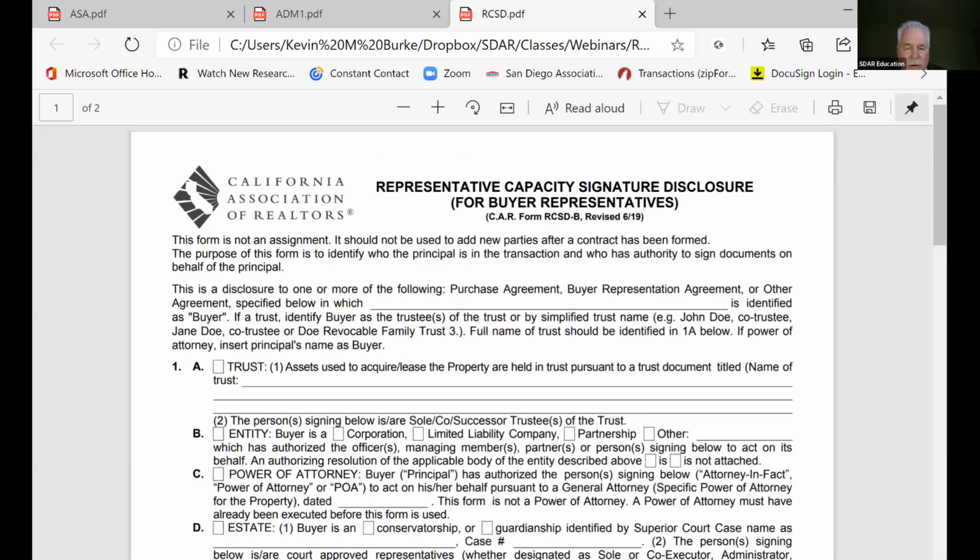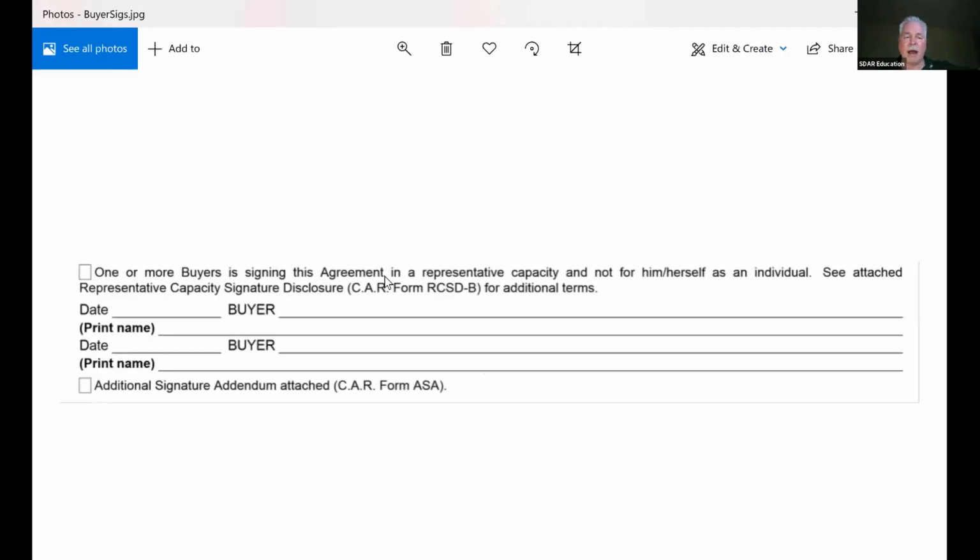Okay, let's go back to my language. So my date, the buyer puts the date. If you're having it signed wet, please have the buyer put the date. Don't you electronically put it in there. I want the same ink. So remember, we never predate, we never post-date documents. So I'm going to be looking for that.